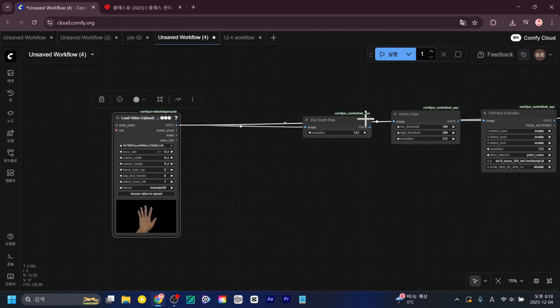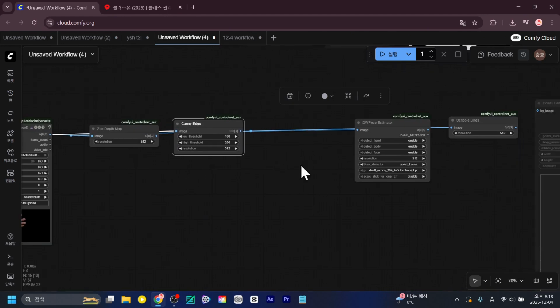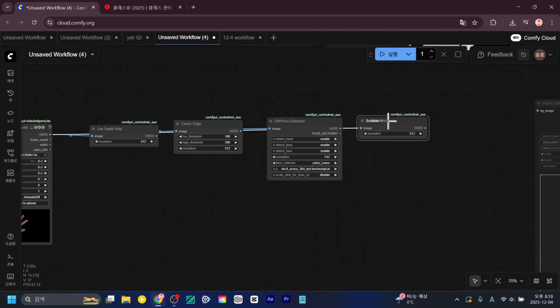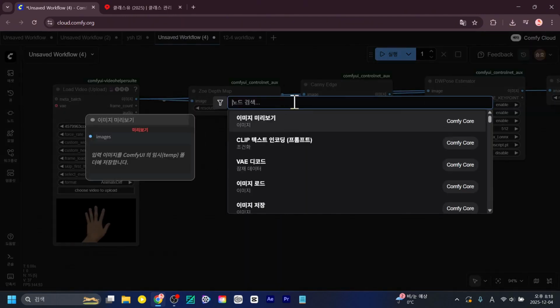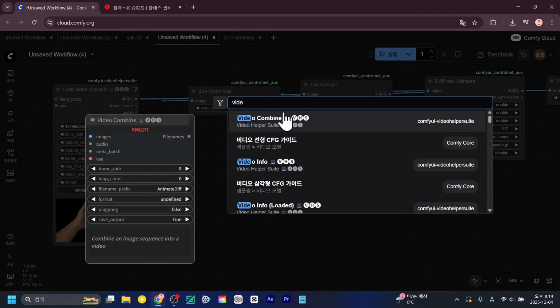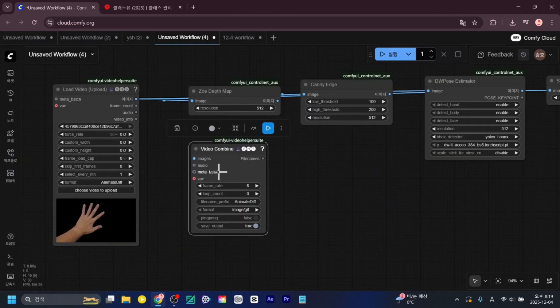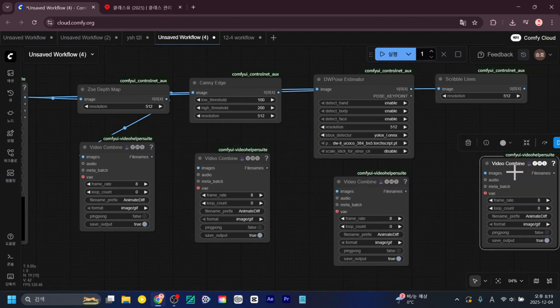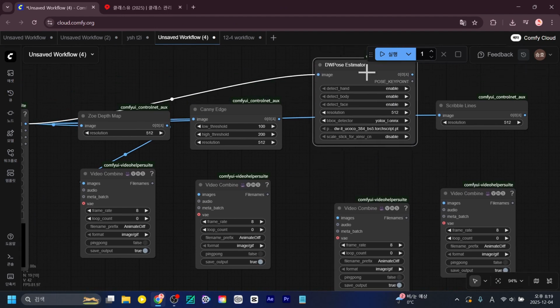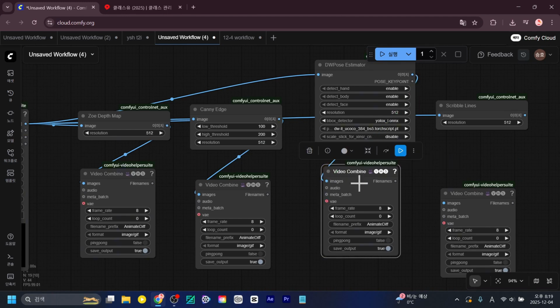Alright, I have successfully loaded all of the necessary ControlNets now. Next, I will proceed to load the video footage. Oh, and I will also bring in the Video Combine node to integrate everything seamlessly. Connect video and combine. I'll go ahead and connect the rest as well.